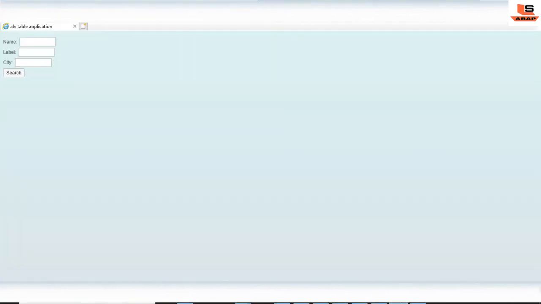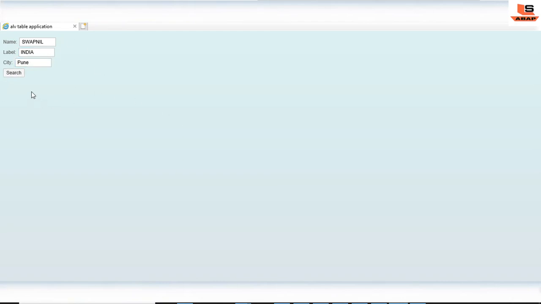Now as you can see, our browser has opened. Let me put some name here. Oh sorry, this is the country actually, but I think we didn't save, that is why it is coming as a label. So this is the country, so we'll give India, and for city I will give Pune, because for Mumbai we don't have data in the table.